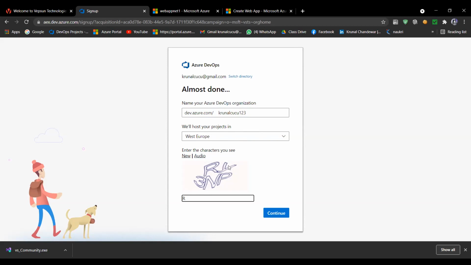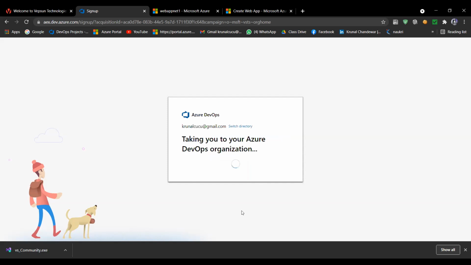Capital R, small y, 3, capital N, R, capital P. Okay, after doing this, it takes you to the Azure DevOps organization. So we are making the first organization, and that process is now going on.